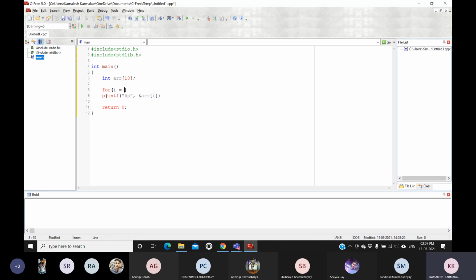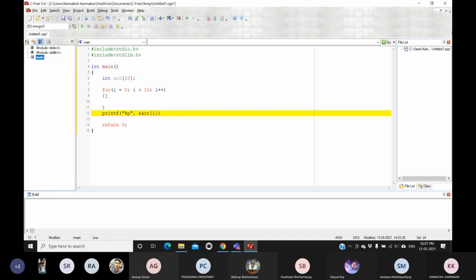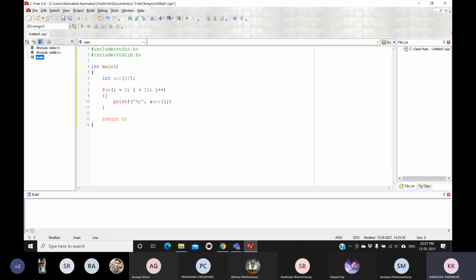So for I equals 0, I less than 10, and I plus plus. Just running a loop to print the address of each and every element.